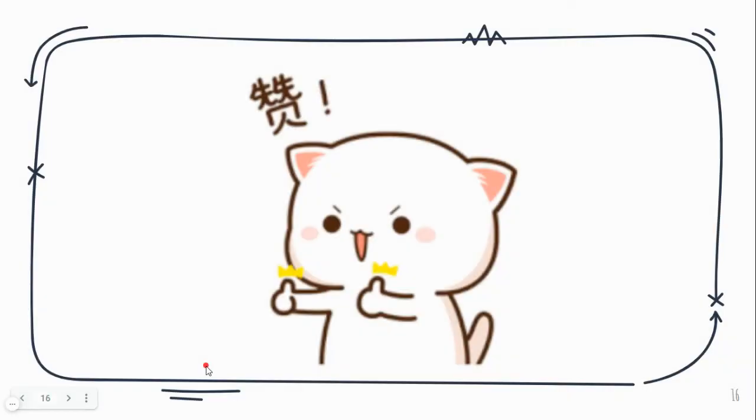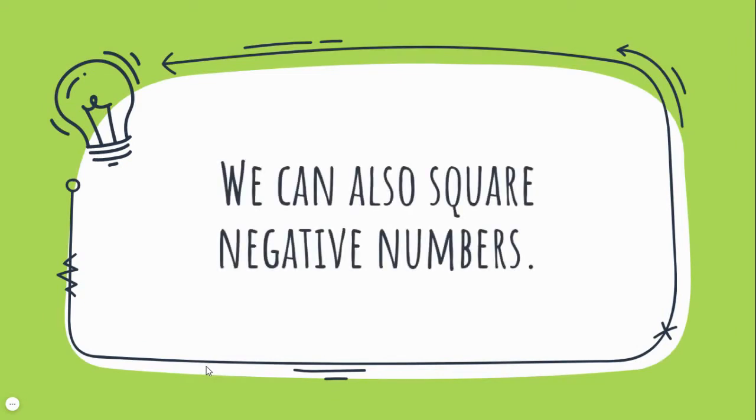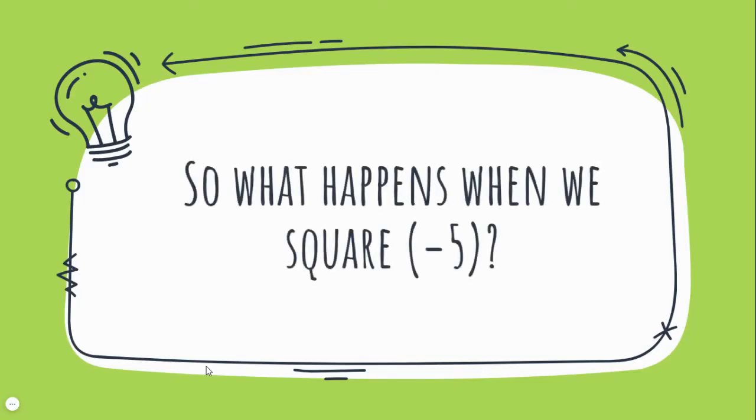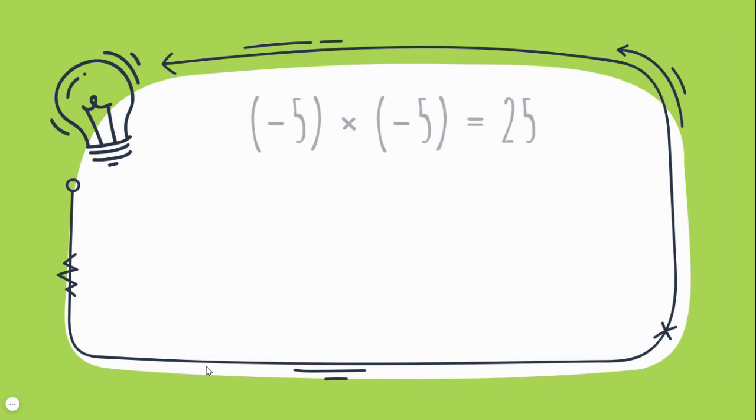Okay, great job, everybody. Now we can also square negative numbers. So we were squaring positive numbers right now and we were finding the answer, but we can also square negative numbers. Okay, so what happens when we square minus 5? Everybody, what we are going to do is try to square minus 5 this time. So how does that look like? It is minus 5 into minus 5. Multiplying it,